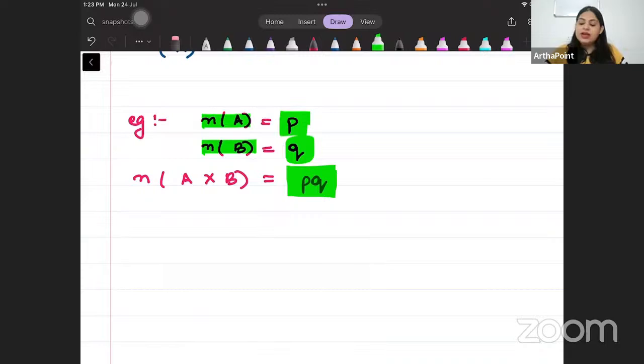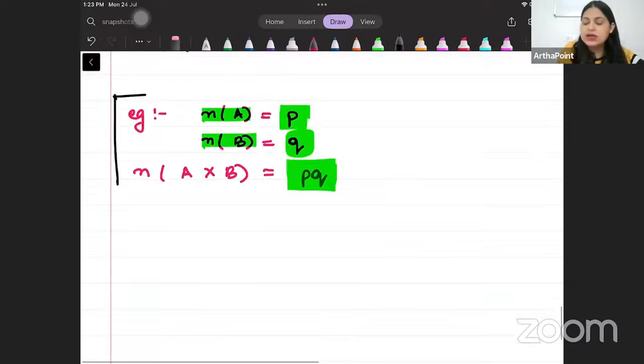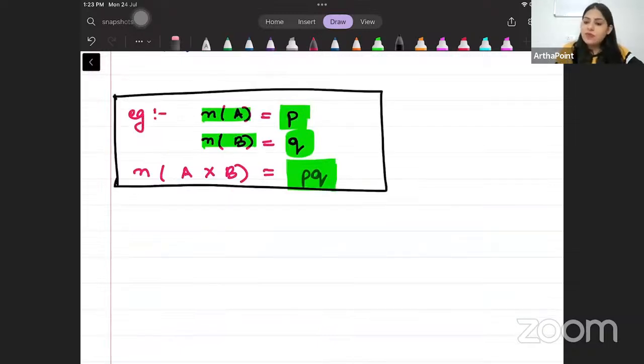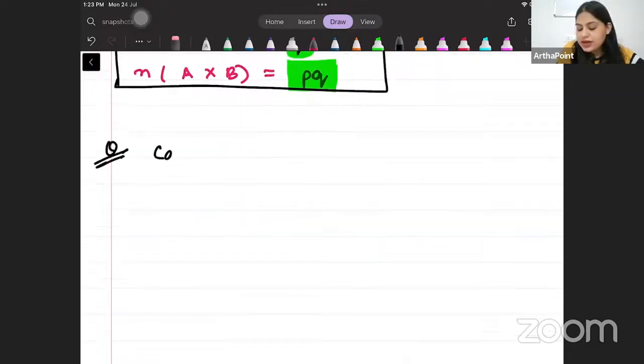Okay, beta? Acha. Now, this is an important rule, ठीक है? इस rule को please highlight कर लेते हैं. Now let's come forward and next talk about the Cartesian product